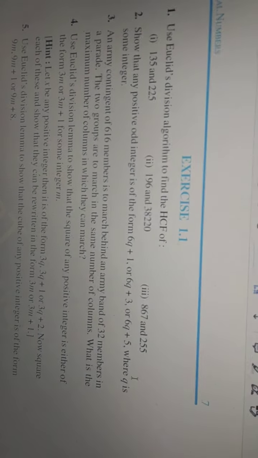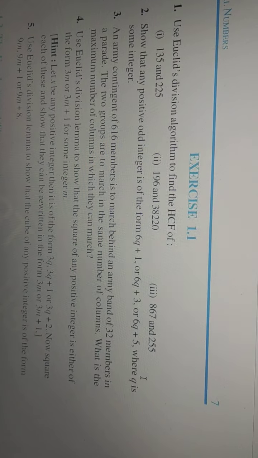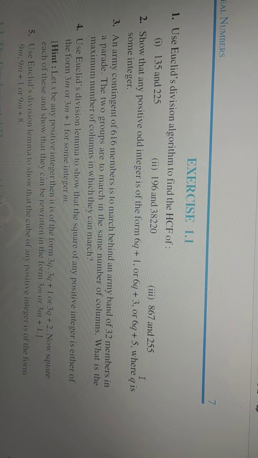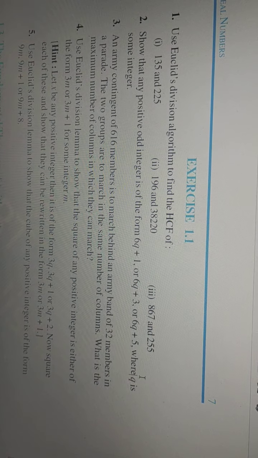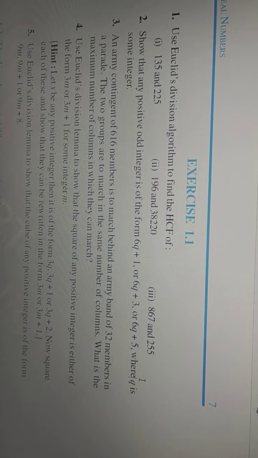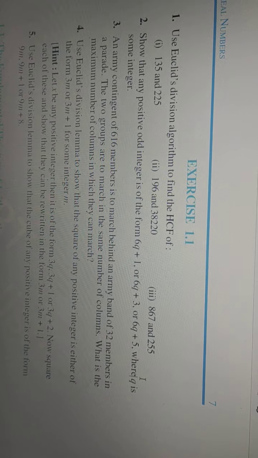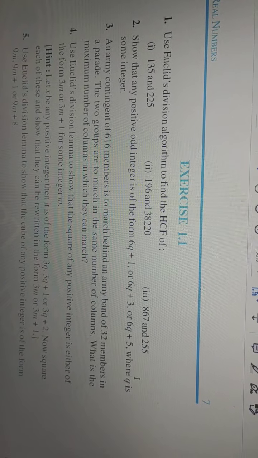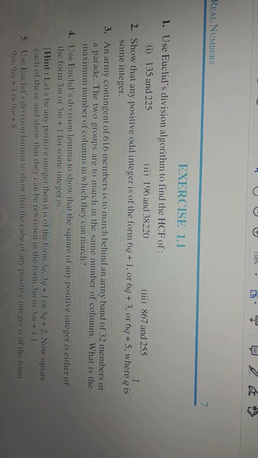So bacha, now we will solve question second. What is this? Read the statement. Show that any positive odd integer, bacha, from odd obviously it is understood that this number is not divisible by 2 because odd numbers are like 1, 3, 5, 7, 9 and so on. So is of the forms 6q plus 1 or 6q plus 3 or 6q plus 5 where q is some